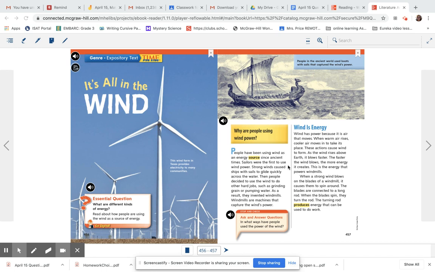Today is Wednesday, April 15th, and this is our reading lesson. So for the reading lesson today for spelling, you're going to have the spelling word search. For vocabulary, you'll do the vocabulary crossword puzzle. And then on Wonders, I want you to get onto the Wonders app, and I want you to play